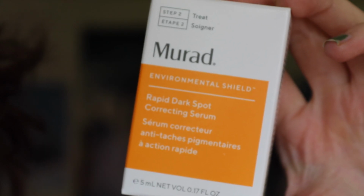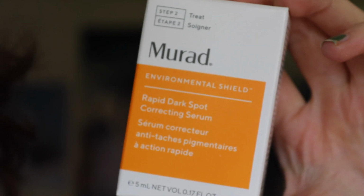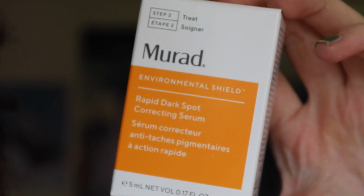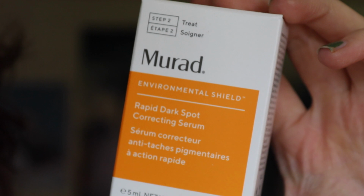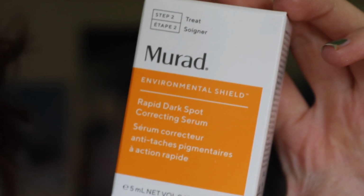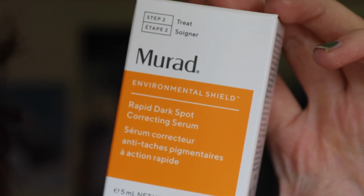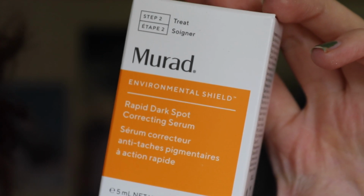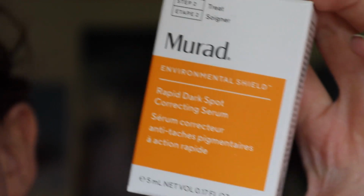This glycolic acid serum uses patented antioxidant resorptional technology to help correct and prevent the looks of dark spots for a more even skin tone. Suitable for a wide range of skin types, it targets the dark spots you see and helps to prevent the look of pigmentation you can't see yet. You know what? I might actually use that. The second product that I have and that I will keep. Okay, interesting. Then we have...